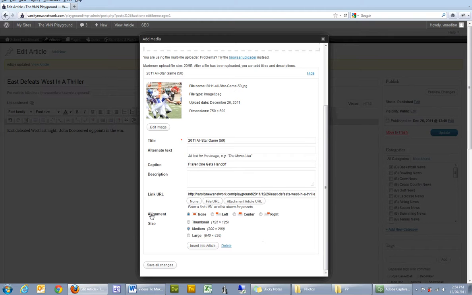and then alignment is also very important. That's how the text will move around your photo. If you want the text to go to the left of it and underneath, you would select left. If you want the text to go around it on both sides, you'd select center, or right if you want the photo to be to the right of the text there. So I'm going to go ahead and select right and insert into article,